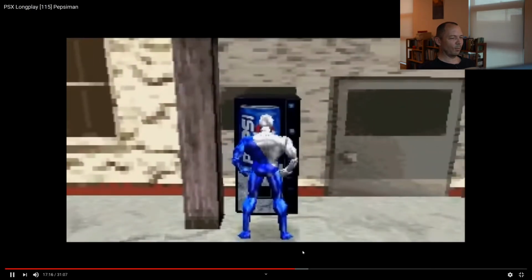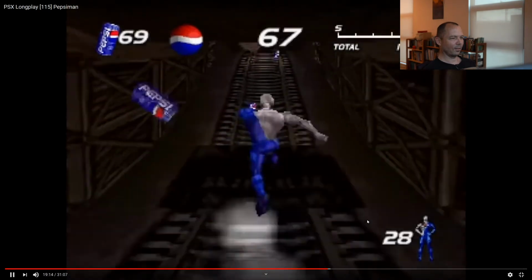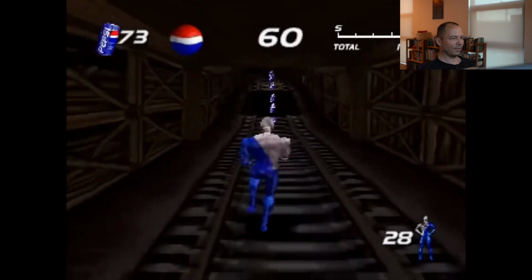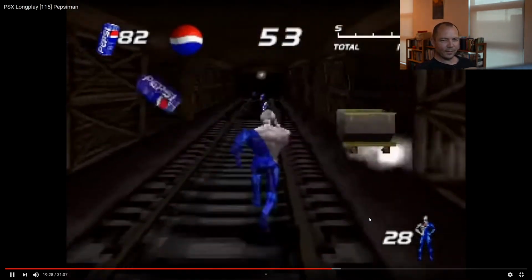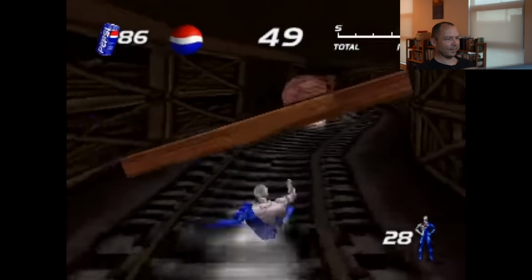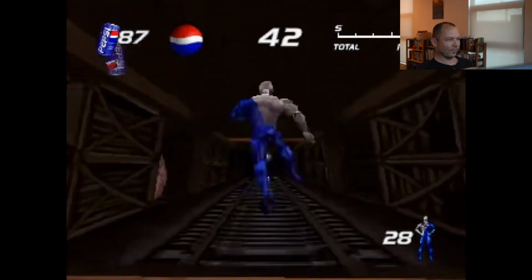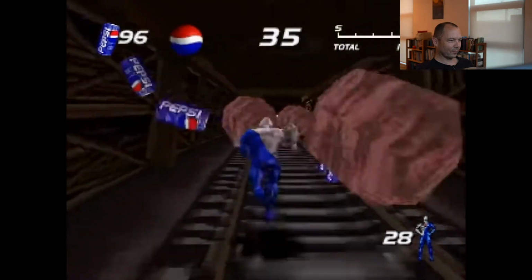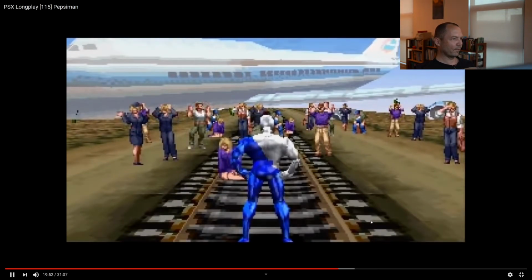Like, this just seems extremely unplayable and unfair, but it is what it is. I thought they didn't have any energy, but they're all cheering.